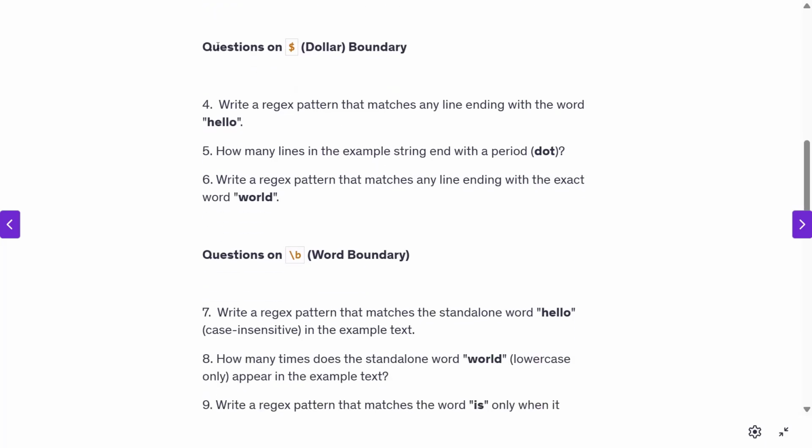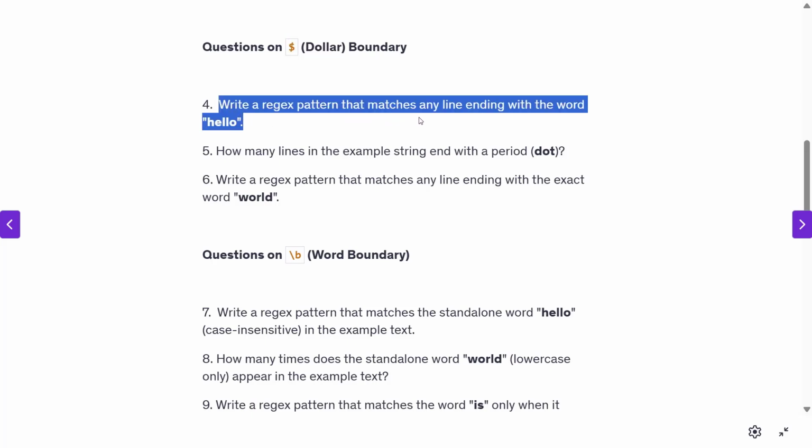Let's look into another question on the boundary conditions, particularly on dollar. Dollar, in simple terms, will identify the end of the line. Let's look at the fourth question. Write a regex pattern that matches any line ending with the word